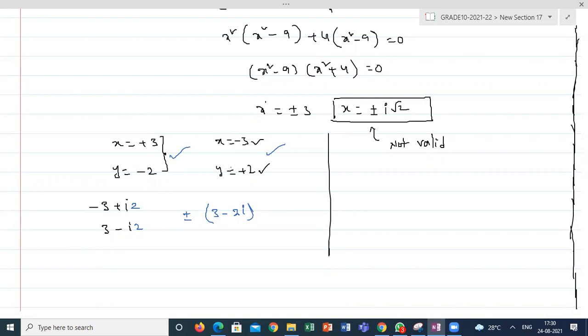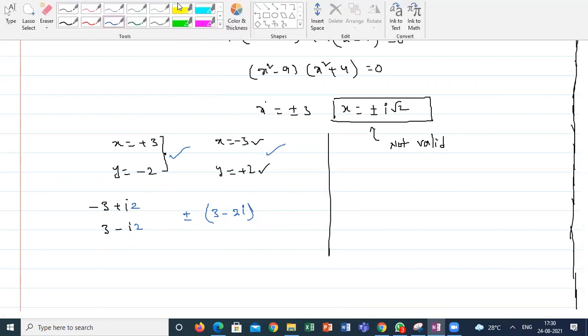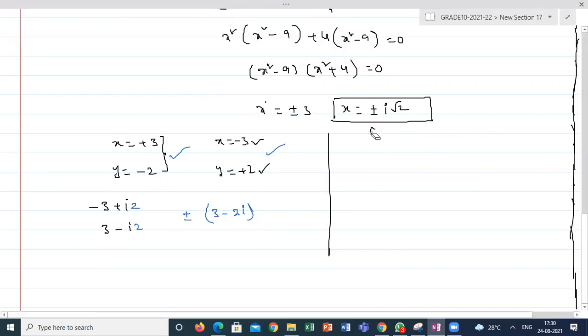This is one set. Let's see if I am taking another combination of x, what I am getting. Whether my statement is true or false, straight away why can I say invalid? We have to check whether it is valid or not first of all. If x = 2i, my y will become how much, students? y = 3i. Do you agree?